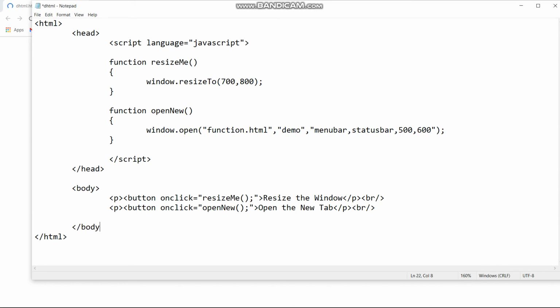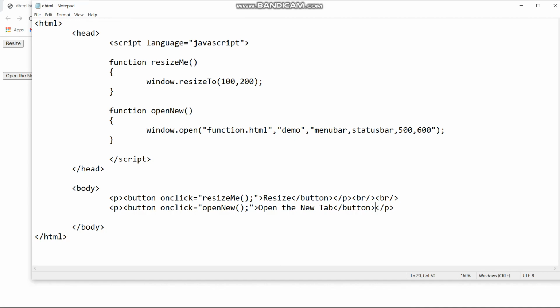After this we will save, but something is wrong here. We have not closed the button tag, so that's what I did here. So some of you will get the resize of this window, but some of you will not. So this was the program. Now we will do another program